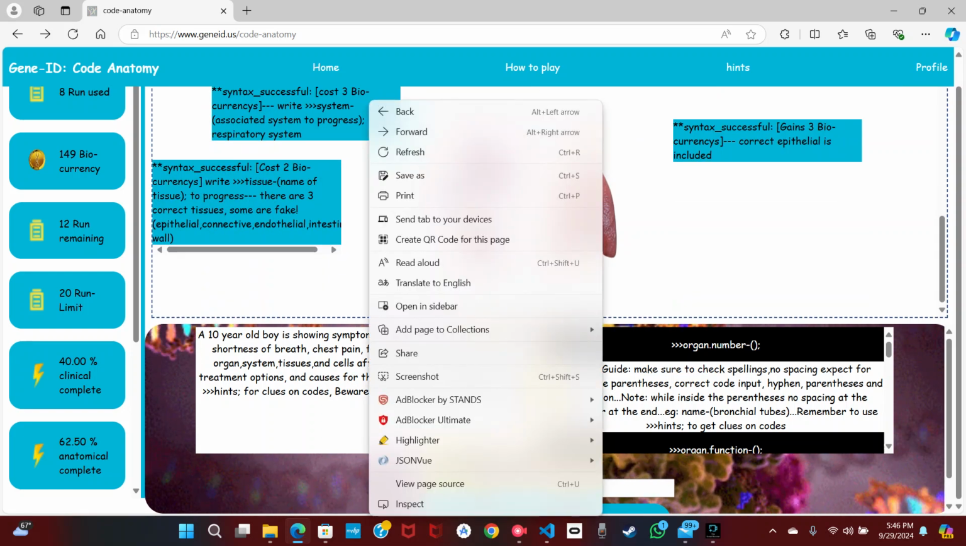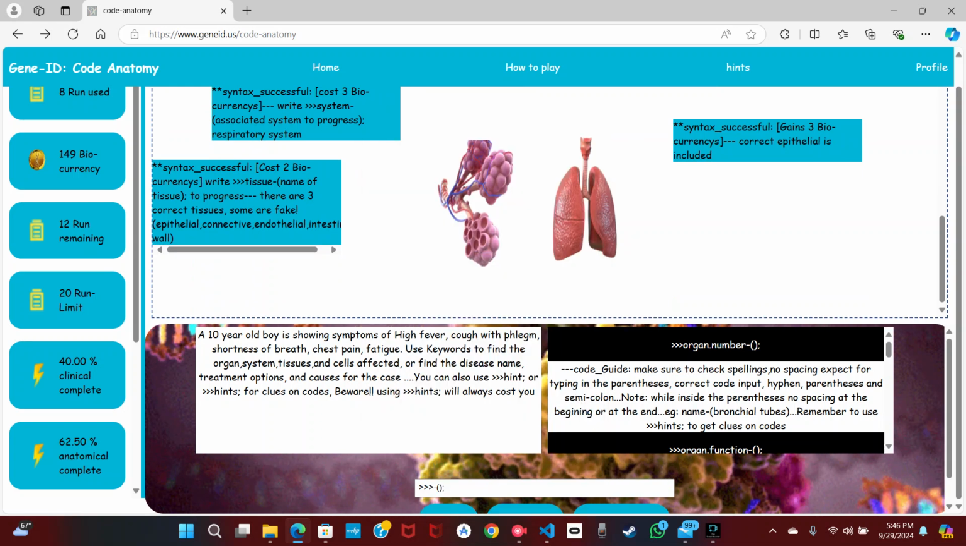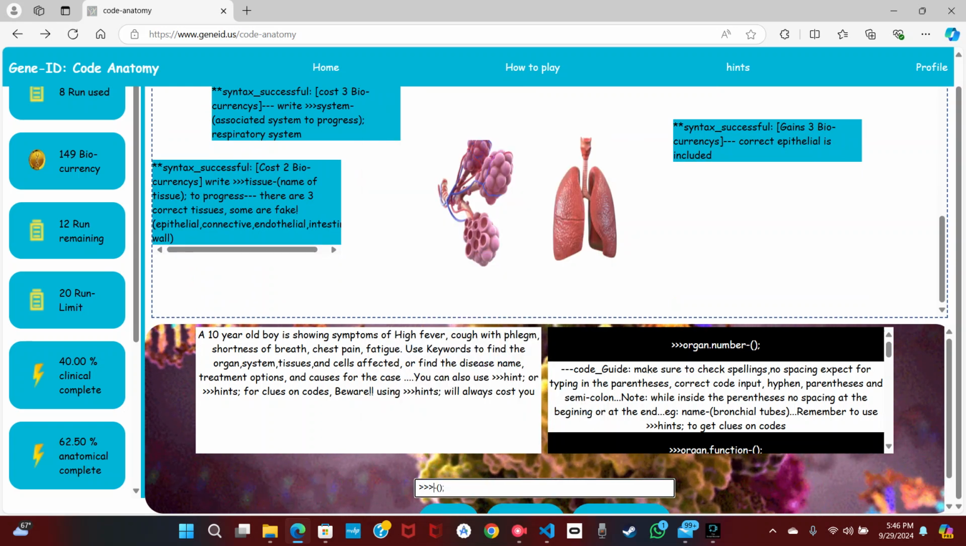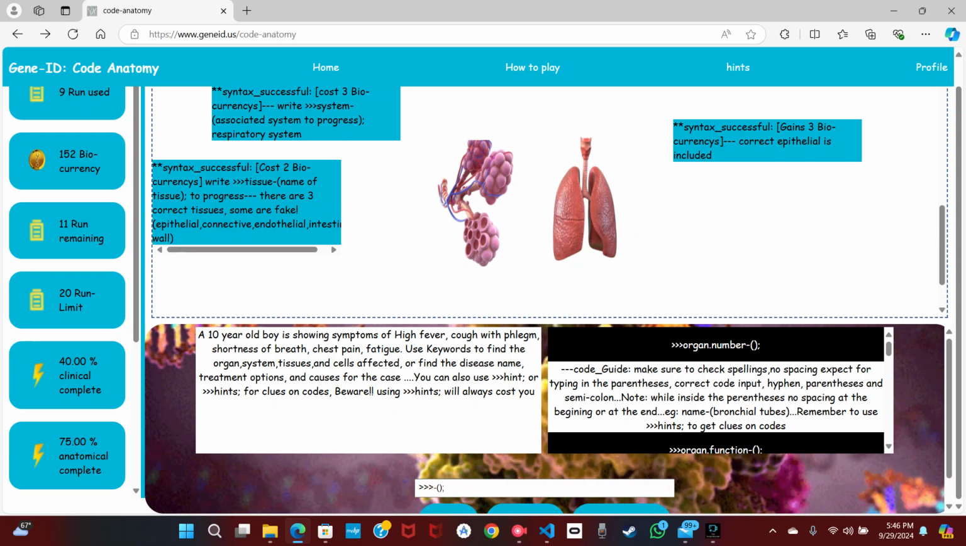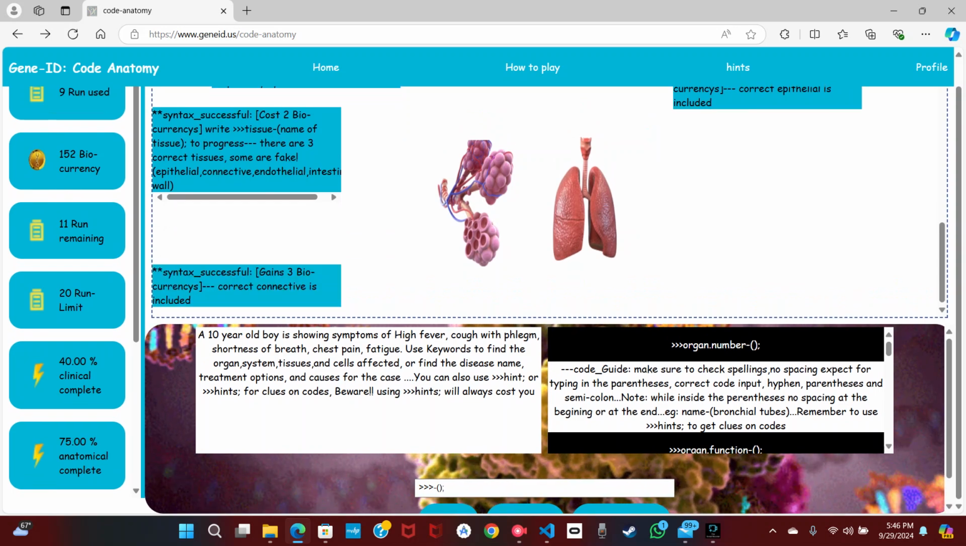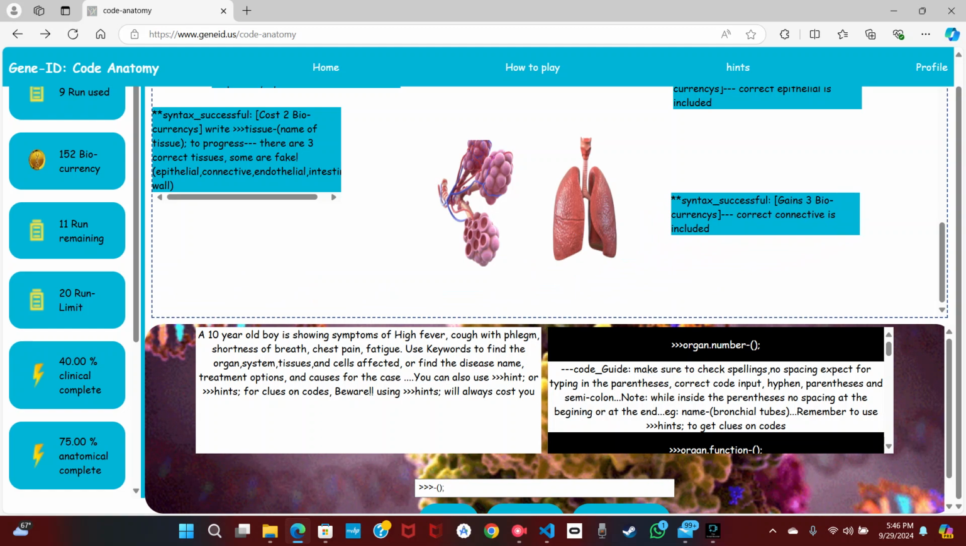So now let's try the connective. Let's try connective. So we go with tissue again, and let's try connective. Okay, it looks like the screen just shook. There you go. Connective tissue is correct. Now let's go for